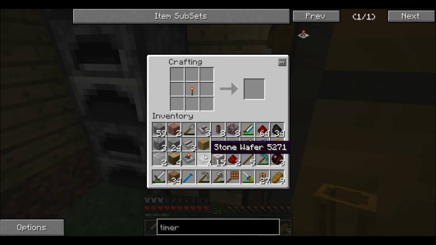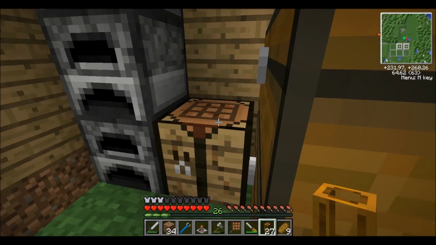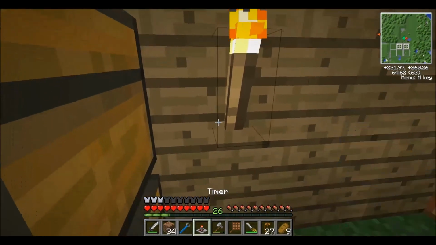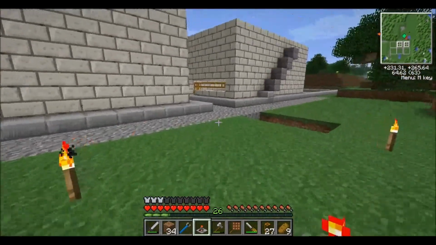But let me put this here, and there we go. This is going to go here. It's going to go here. 2 of these. 3 of these. Oh, I took one of them. Oops. And 2 of them. And that gives me a timer. Now, like I said, the neat thing about this is it's programmable, and we really don't need it to be...